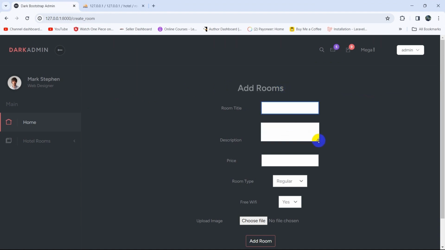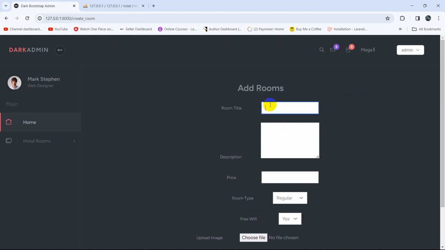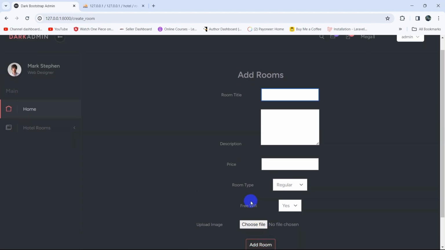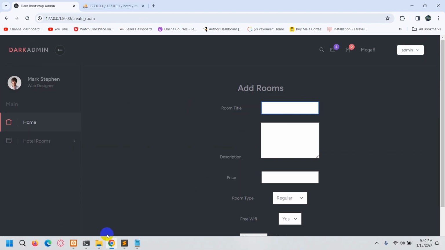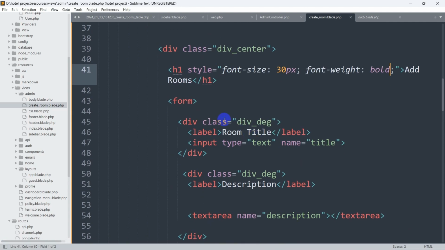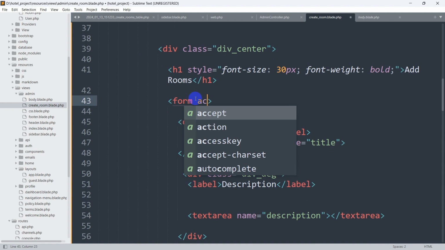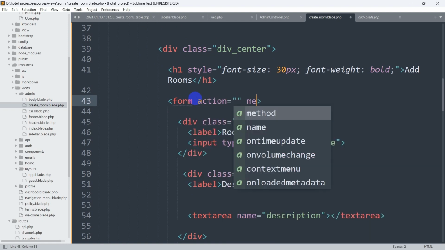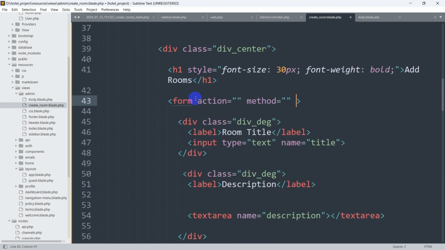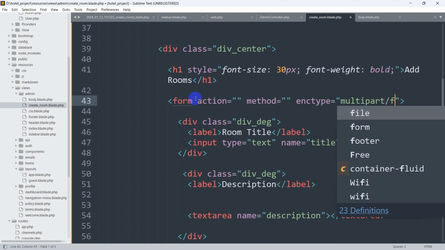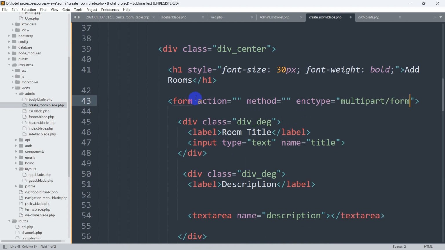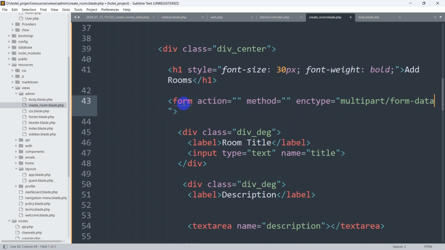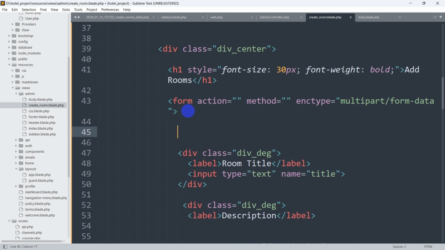So right now what we are going to do is that we're going to let the user write the input and upload it to the database table. So for it, first of all, what we need to do is that here you can see we mentioned form over here. So inside the form, we'll say here action, then we'll say here method, and we also need to mention enctype. Enctype will be multipart slash form minus data, and we also need to mention the @csrf